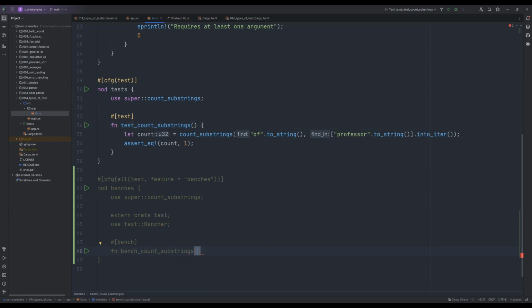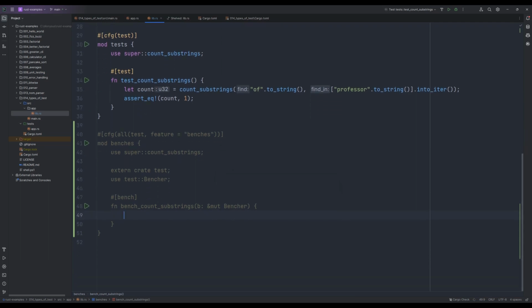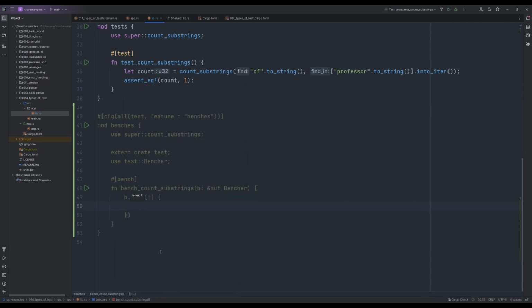And then we need to take a bencher into that, so that is mutable bencher. And then the way that we let Rust, or Cargo, the thing that's running this, run the thing lots of times and see how it behaves on different iterations is to do b.iter, and then we pass it a closure. And then we can put our test code inside here. So we could take something very similar to this,